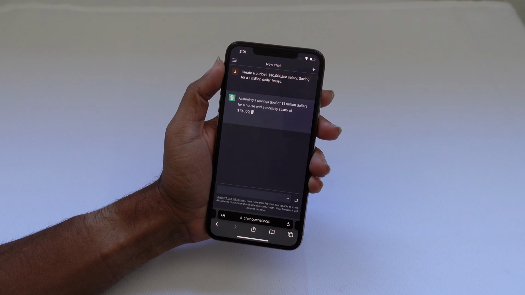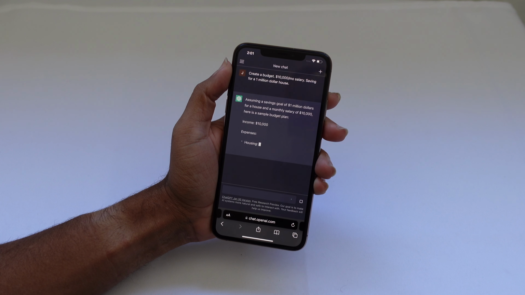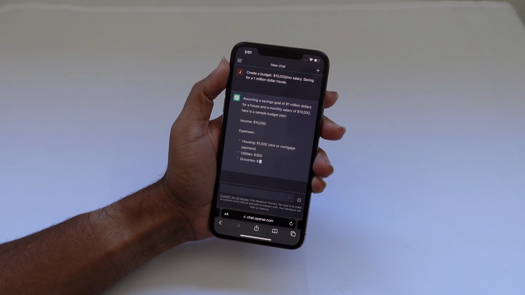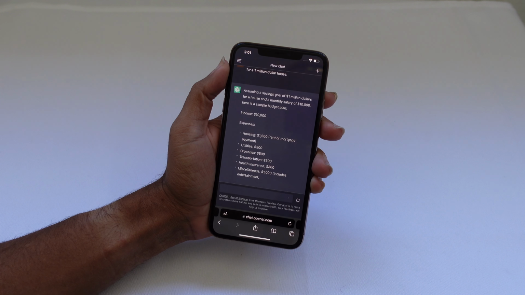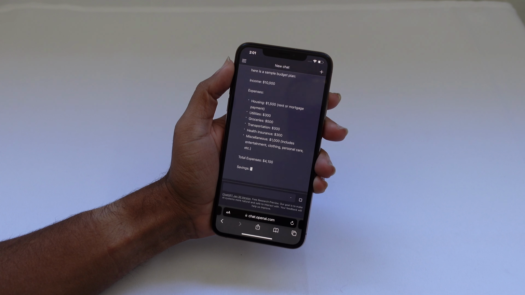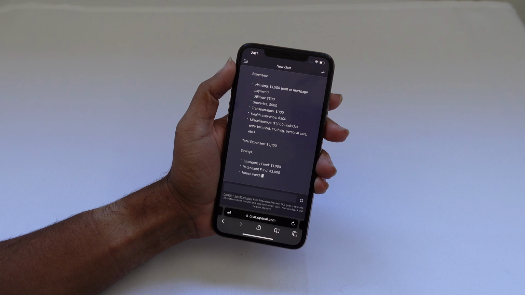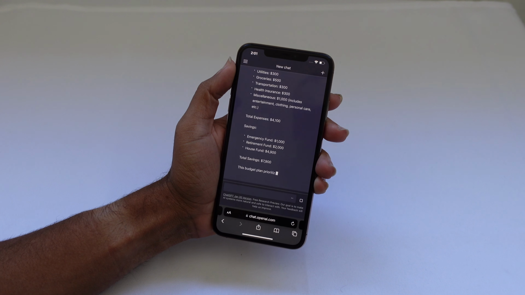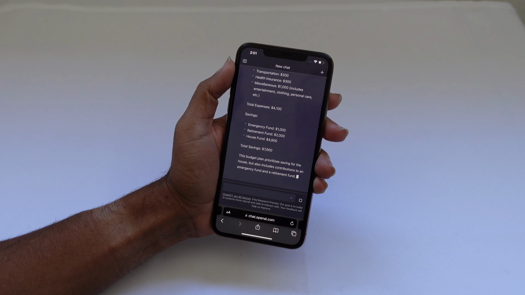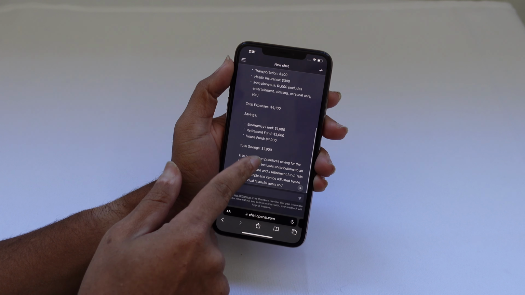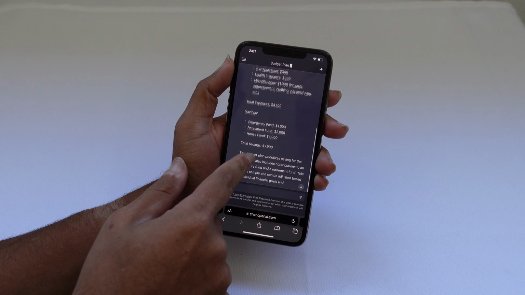So assuming a savings goal of $1 million for a house and a monthly salary of $10,000, here's a sample budget plan. The income, $10,000. Expenses: you're paying $1,500 for rent or mortgage, utilities $300, groceries $500, transportation $300, health insurance $300, miscellaneous $1,000, which includes entertainment, clothing, personal care, etc. Total expenses,